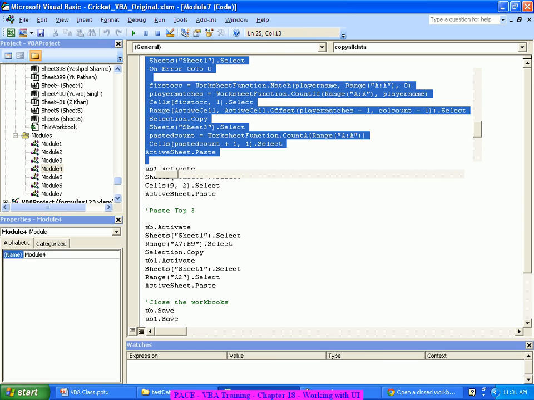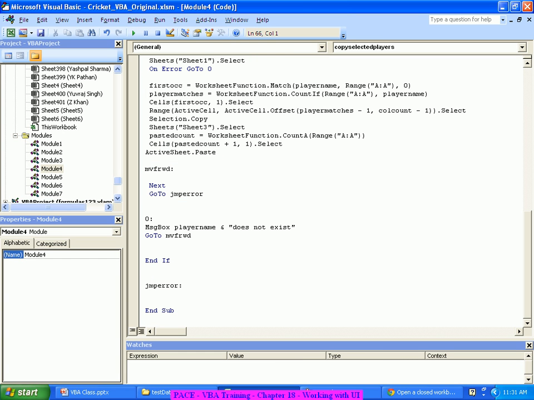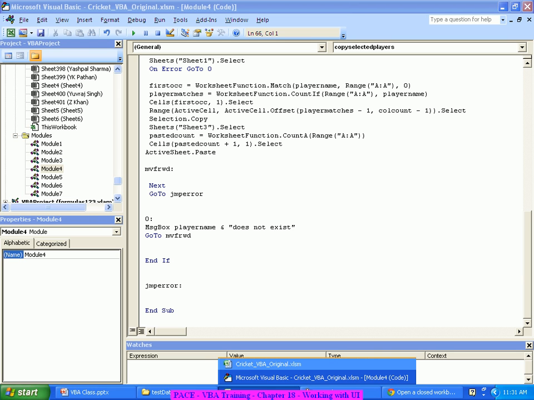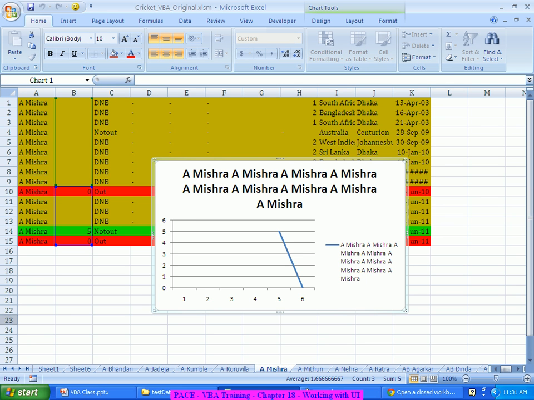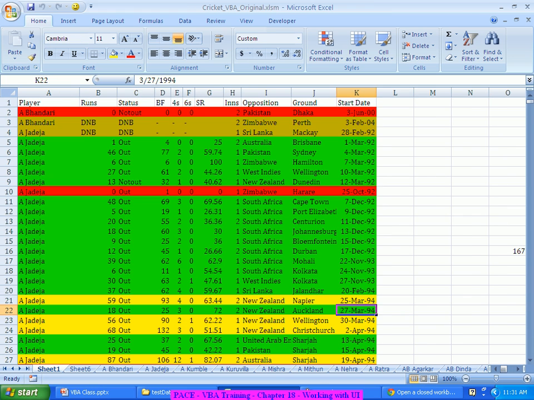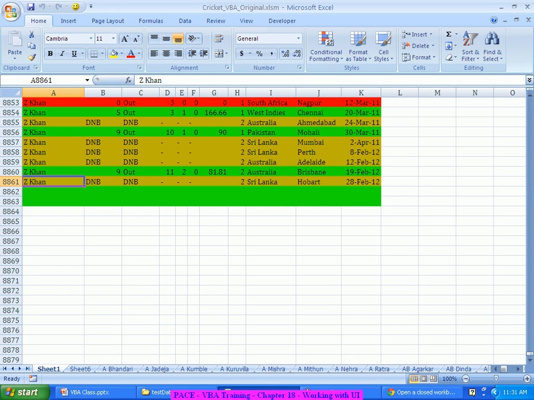Now let me look at what to do if I have to create a new form to enter player data. Let's say this is my player data. Probably I'll look at Sheet 1. This is my master data of the player. Now what I would like is, a new match has occurred, and I want a data entry to happen, not pulled from some other source. Let's say I have a data entry happening.